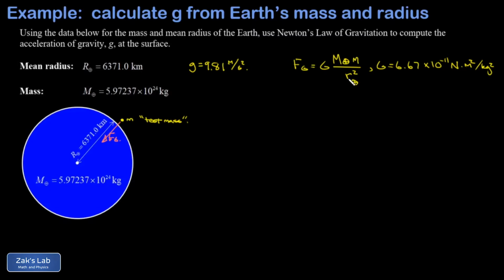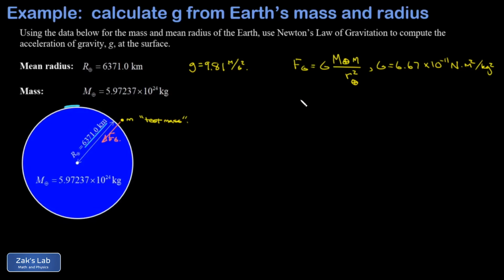And to put this in perspective, if you've ever looked at a picture taken from space where you can see Earth's atmosphere up here, it appears incredibly thin. And actually, the comparison that I've heard is that if you lay a dollar bill on a standard 12-inch globe, that's about the thickness of the atmosphere. So no matter how high you go in our atmosphere, you're basically at the surface of the Earth in terms of a percentage difference compared to the radius of the Earth, which is 6,371 kilometers. So we should be making a pretty good approximation here by saying our test mass is sitting right at the